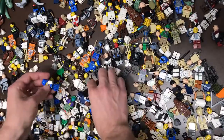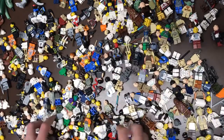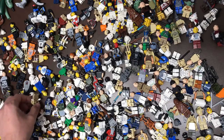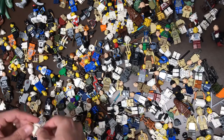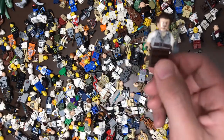That's a lot of one figure. Oh my gosh, they just keep on coming. I don't know where they are coming from, but somebody was super important that they had to guard, apparently, because there is a lot of them. We do have Will Turner, so